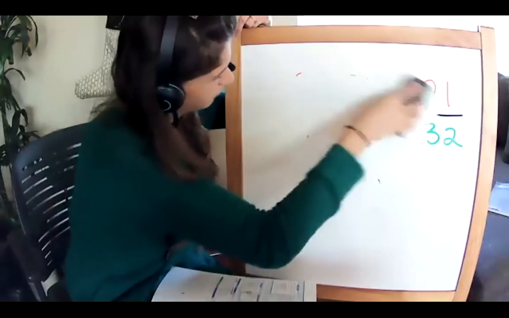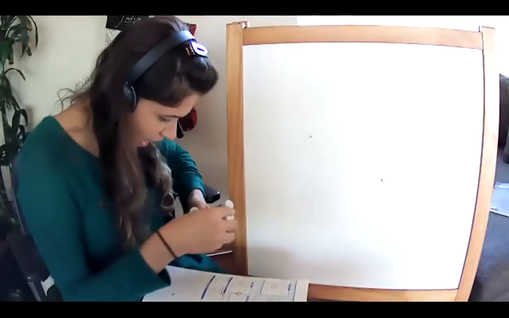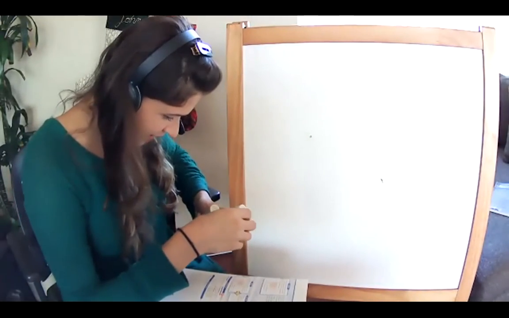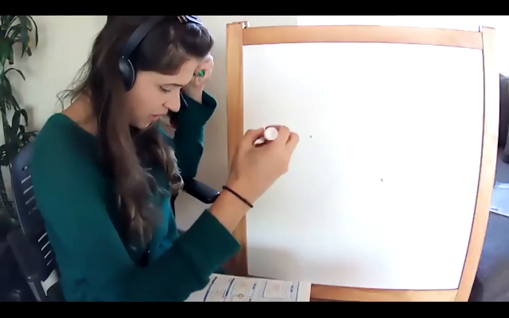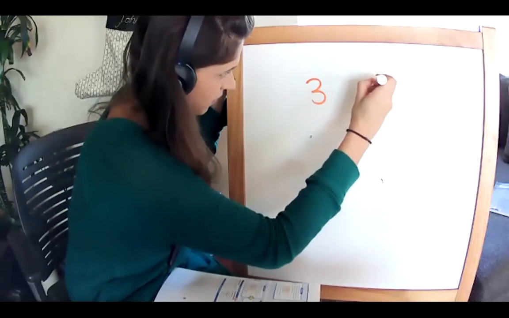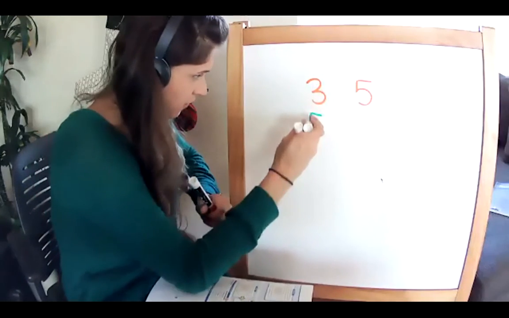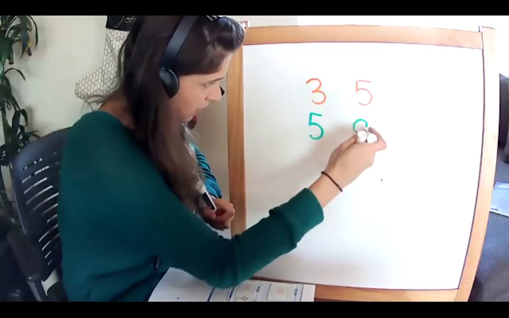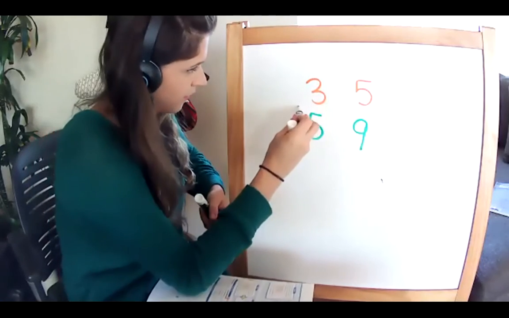Let's try another one. Shall we? Yeah! Love math. All right, ready? And I get my color coding again. Let's try number 7. I'm going to write my numerators out and my denominators out. And let's get multiplying. Nope, there's no numbers